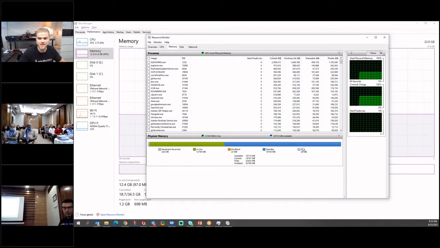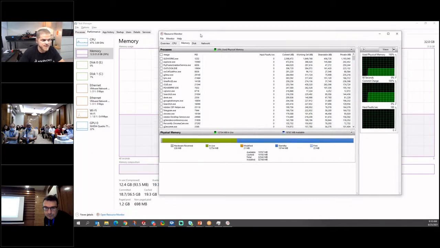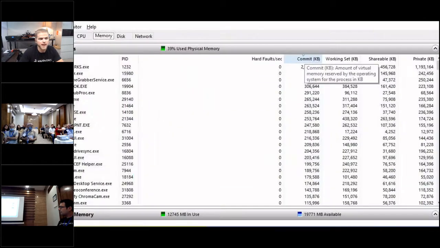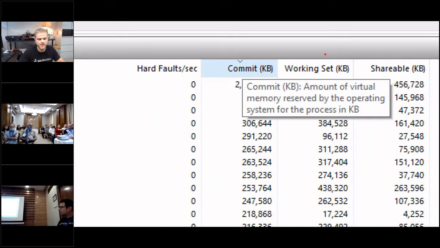And I replicated this, by the way, by leaving my machine on for a couple days. If you do this for 2 or 3 days, you could probably replicate the same thing. So the discrepancy between this chart, which is basically saying, yeah, you're fine, you're only using 12 gigs of 32, but no, I have no RAM left. I almost have 0 RAM left. That's because of this whole category called standby. Standby is the same as this column here, commit.